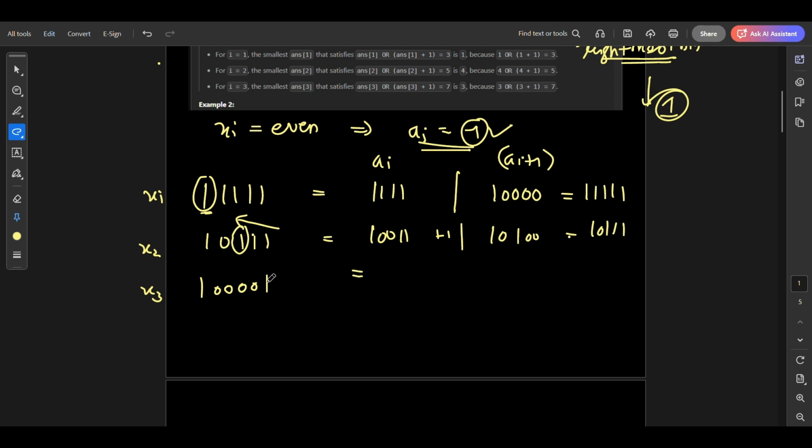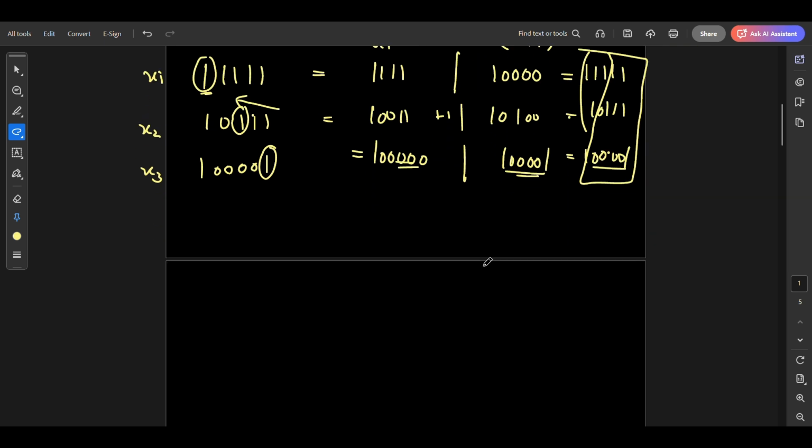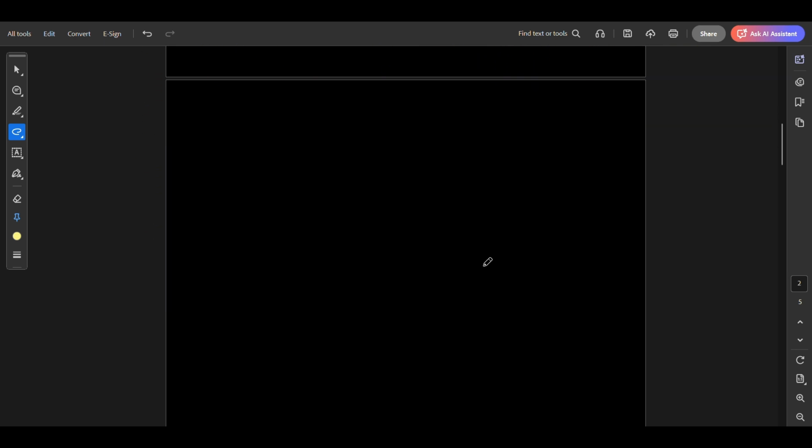Okay. Similarly, if I look at this part, I can simply flip it and say 10000, or it will be 1000 and 1. Yes. And if I take the OR operation for these numbers, it will again be whatever ai xi, whatever xi way that we have set. So we have got one intuition from these numbers, or we can say pattern formation, that let's say there is